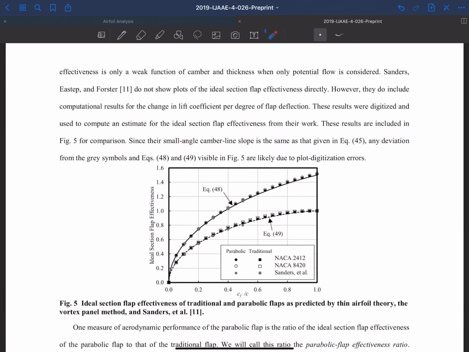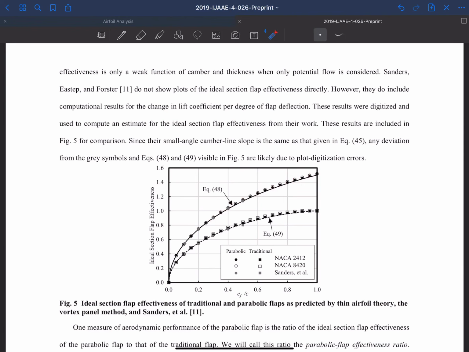How does camber affect this? Looking at a 24 and an 84 NACA camber definition, you can see that the data basically falls right on top of each other. And so really, this ideal section flap effectiveness is not, from a potential flow standpoint, affected by camber